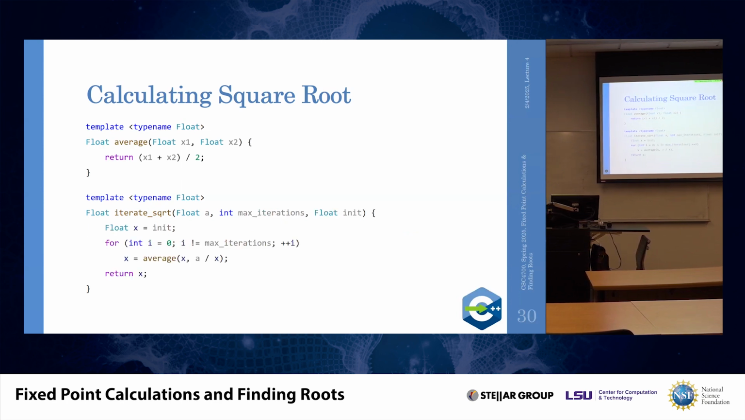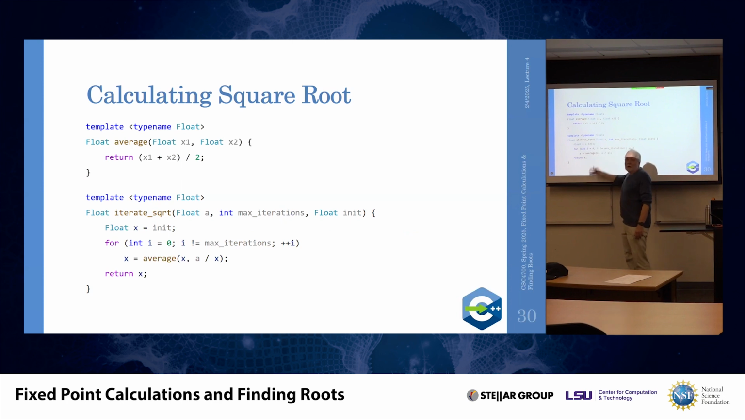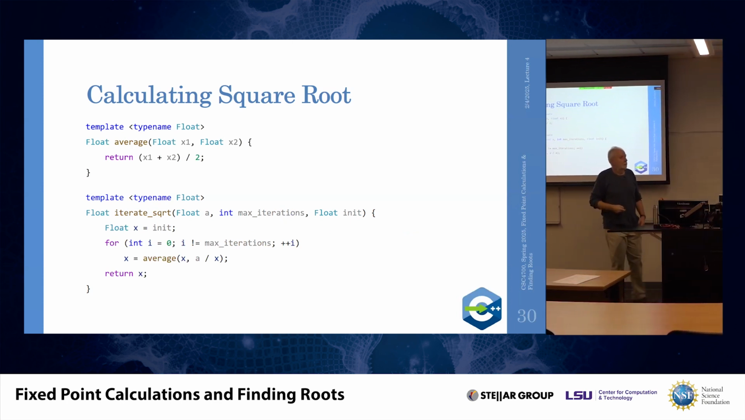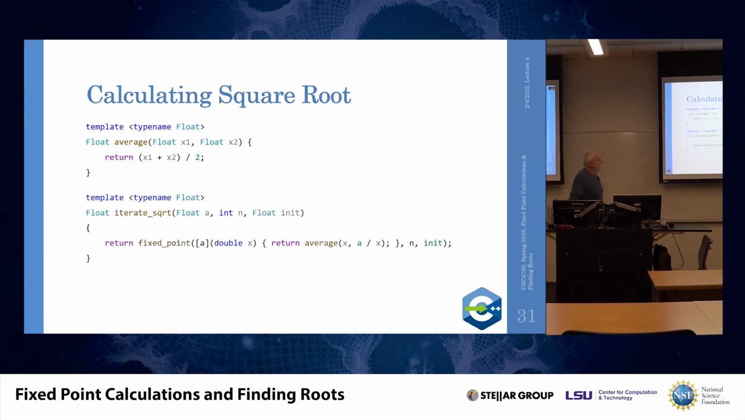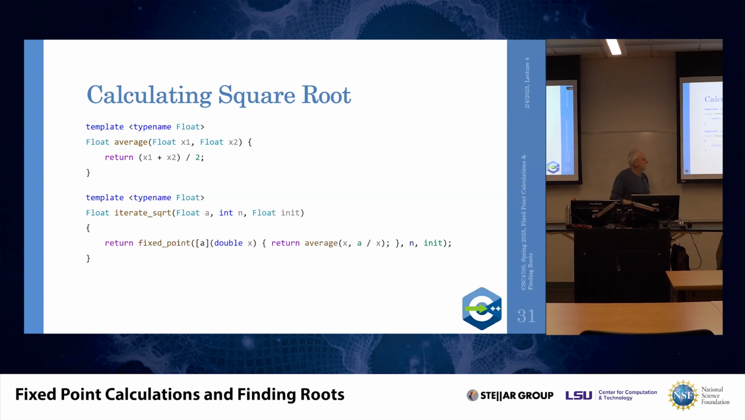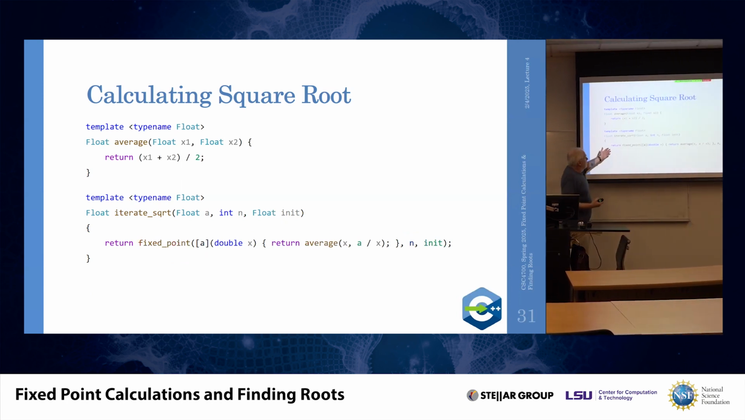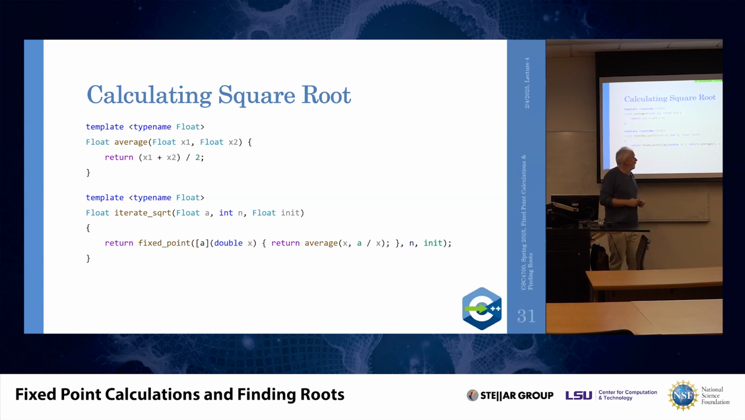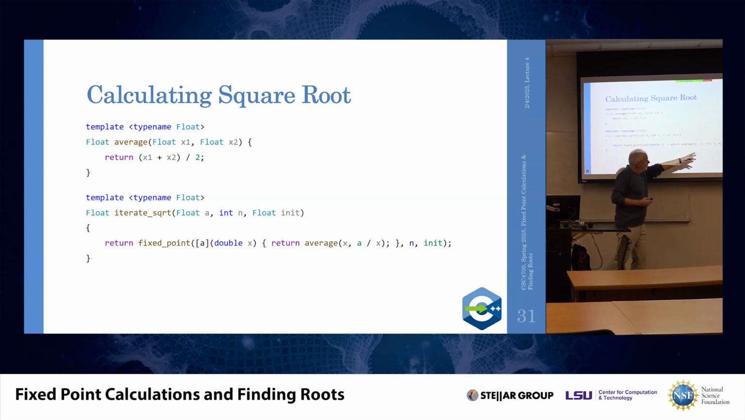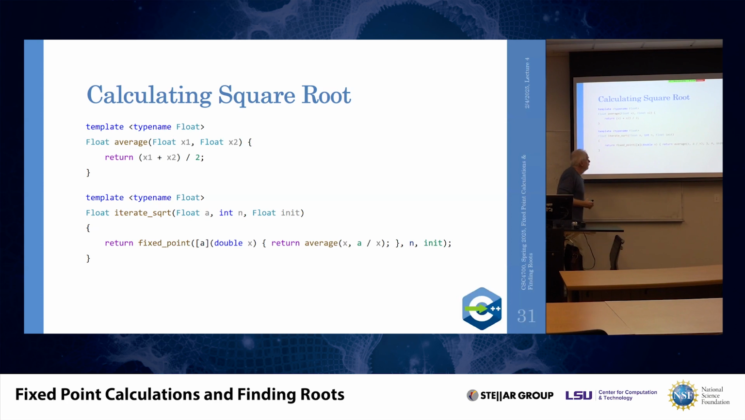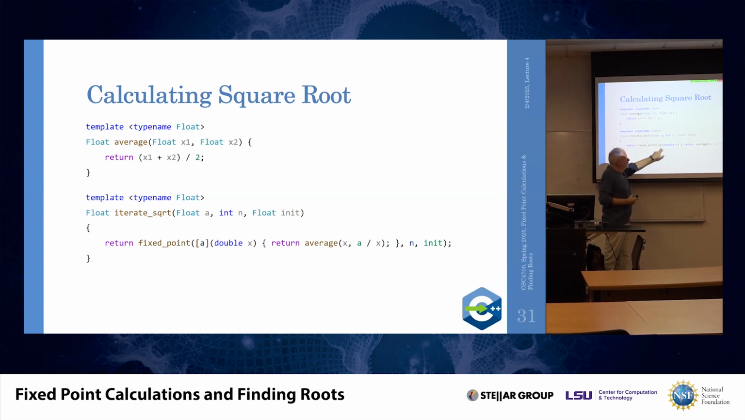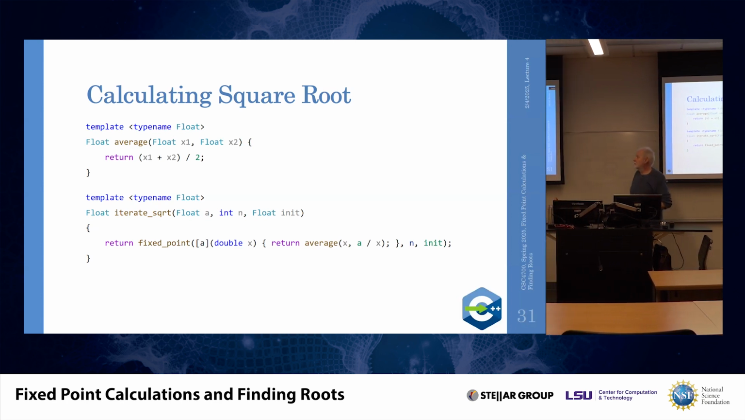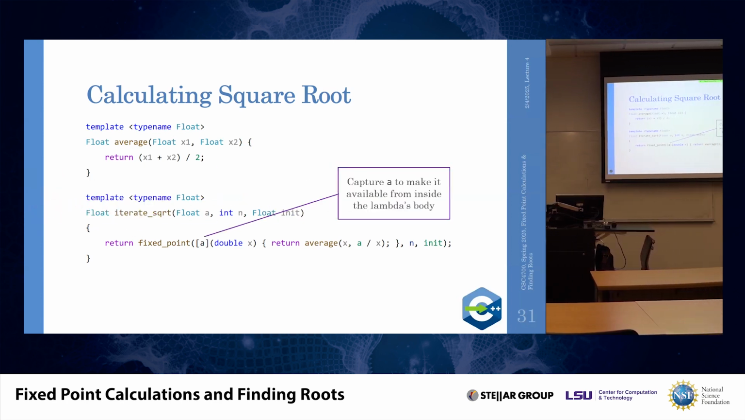But as I said, it's essentially the same as what we've been doing for our fixed point algorithm. So why not use the fixed point algorithm instead? Well, this is what we get. I just pass in a lambda, which calls my average, pass in n, the number of iterations, and an initial value. The only thing that is new is that I put the a in the square bracket here,